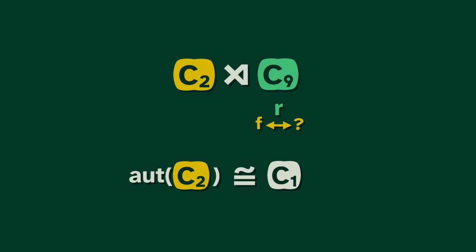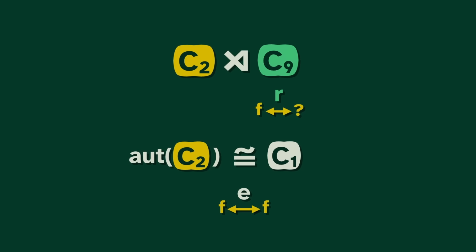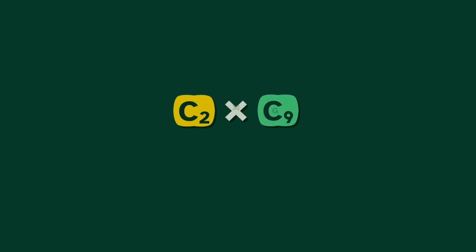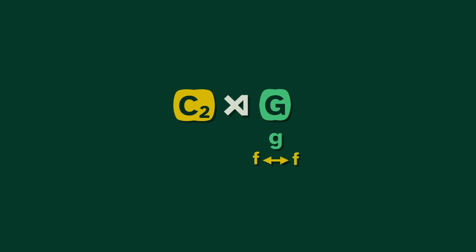C2 semitimes C9. What does this mean? Now C9 messes with C2. So R should apply an automorphism to F. Exactly. But the automorphisms of C2 act like C1. It's only the einheitomorphism. So then R must commute with F. We only have the direct product. Yes, and there's nothing special about C9. If we take C2 semitimes any G, the elements of G must apply the einheitomorphism, and we have the direct